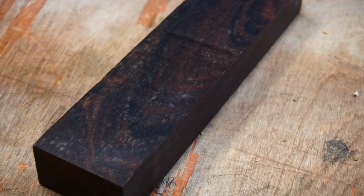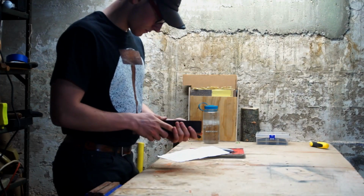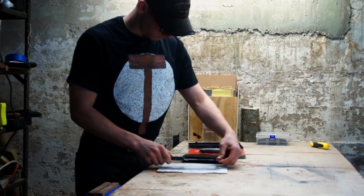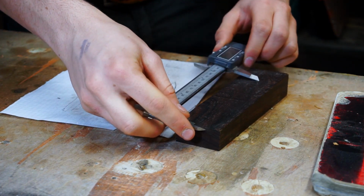We decided to use cocobolo for the marking knife. There was a public poll on my Patreon where you could have voted to decide on what material we were going to use. The first step to make the handle is to transcribe the measurements of the drawing onto the